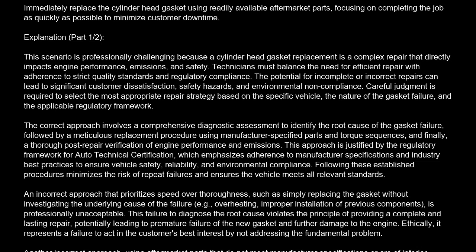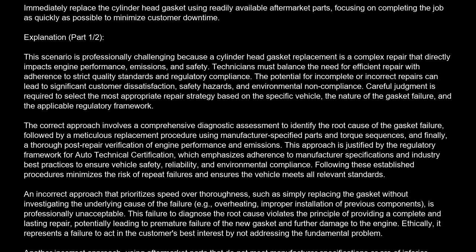Correct answer is A. Immediately replace the cylinder head gasket using readily available aftermarket parts, focusing on completing the job as quickly as possible to minimize customer downtime. Explanation: this scenario is professionally challenging because a cylinder head gasket replacement is a complex repair that directly impacts engine